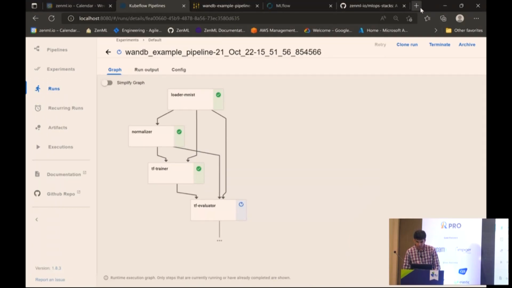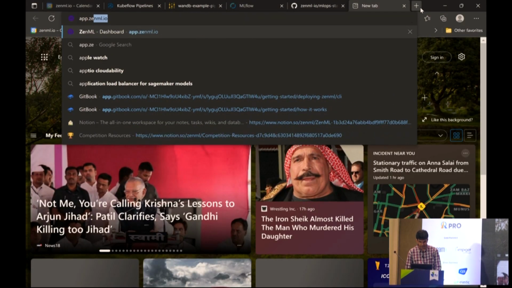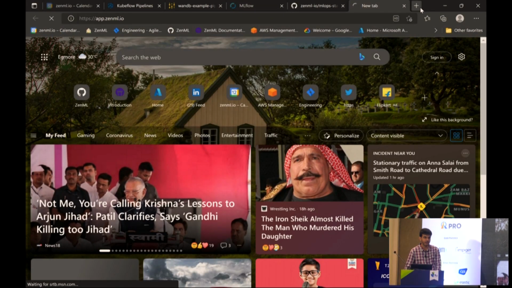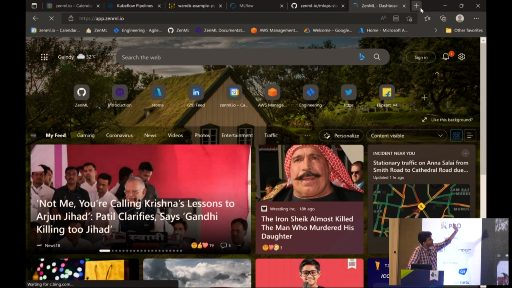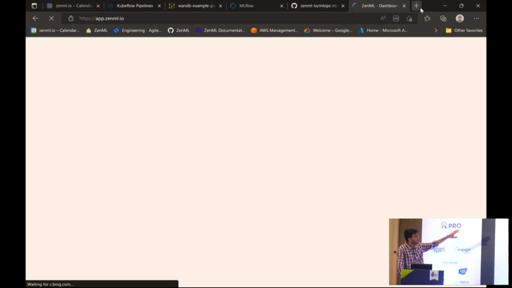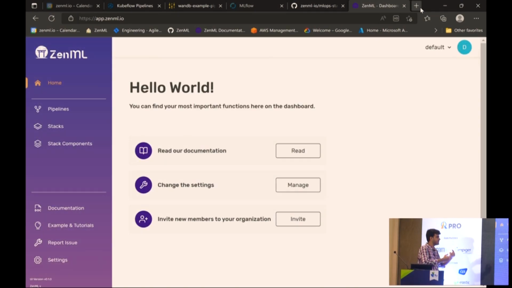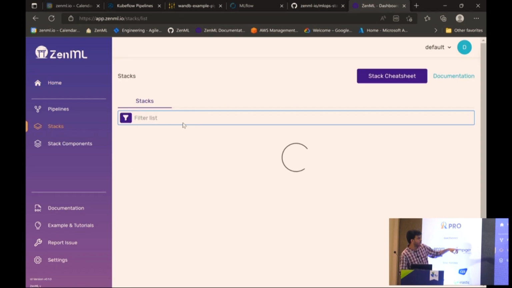Meanwhile, I'll also show you our dashboard. It comes with an open source dashboard as well. This is the dashboard which everybody in my team uses, the ZenML dashboard. This is a very central place to track everything: all your pipelines, your stack components. If you want to share your stacks with your teammates, you can do that here too, which is really helpful. If you go into the stacks here, you'll see what stacks I have created, what stacks I have shared with the team, and stacks from other people as well. That is the idea. I'll just let it load for a minute.